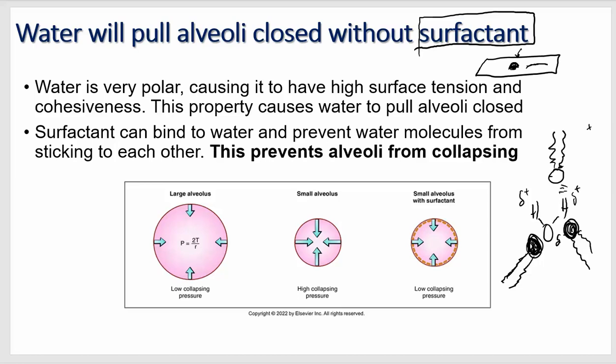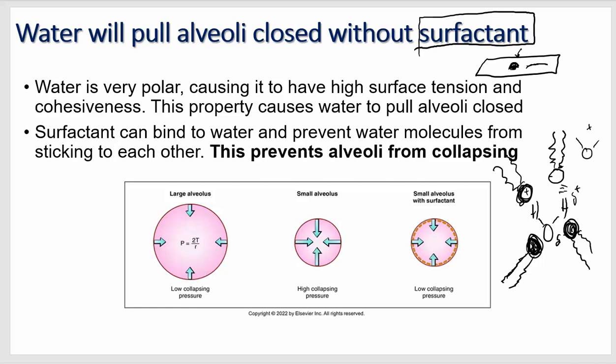That's what soap does. Soap has that surfactant property, and it'll stick to the water, and then it'll stick to the dirt, and that way you're able to rinse dirt off your hands because then it goes out with the water. But the water isn't able to stick to itself is the issue. Okay, so surfactant can bind to water and prevent water molecules from sticking to each other,